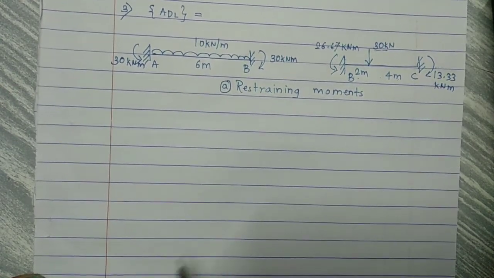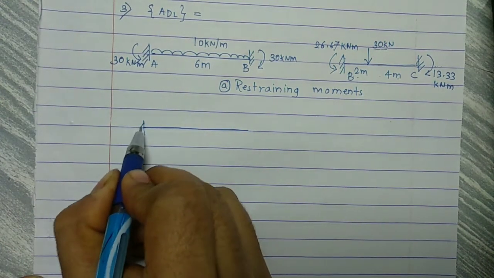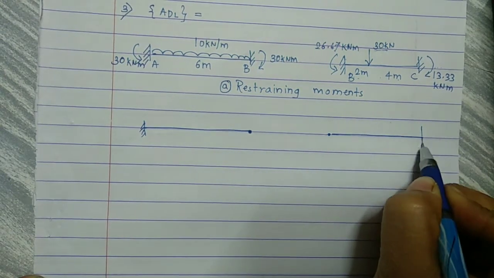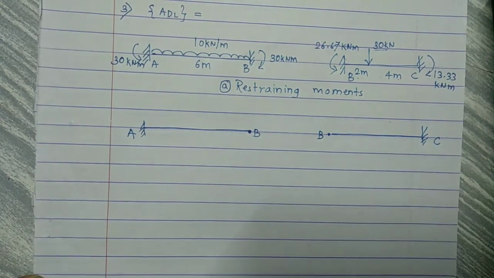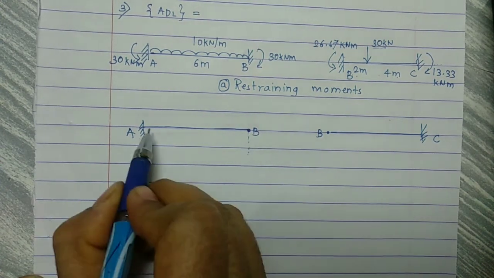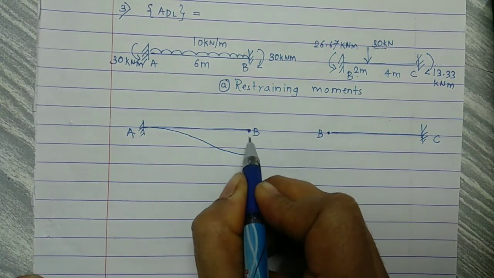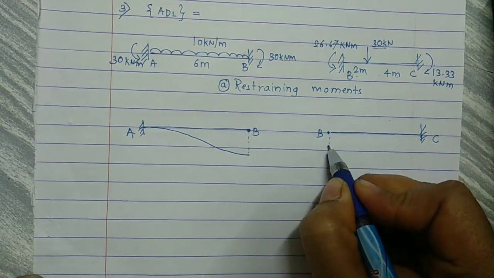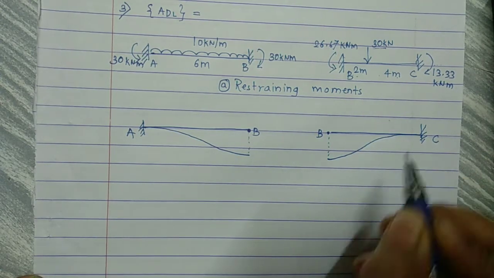So next figure, that will be of the sinking moment. First you have to draw the structure sinking. Support B is sinking. Member AB, member BC. B is sinking by 25 mm. So show that sinking here and draw the deflected shape of member AB. So this is by 25 mm. Similarly for this second member, it is sinking by 25 mm. So the BC member will be deflected in this fashion.